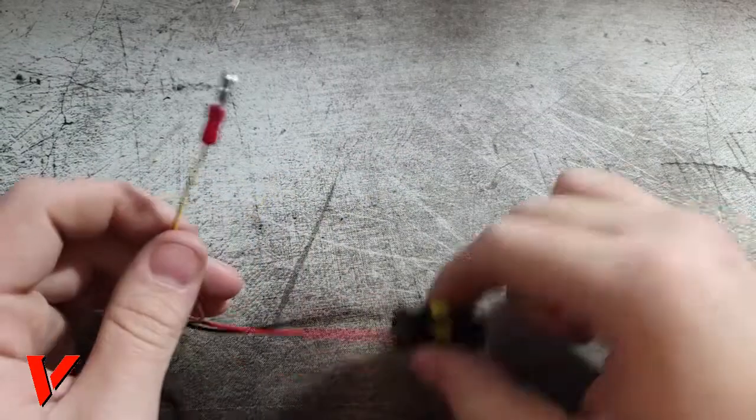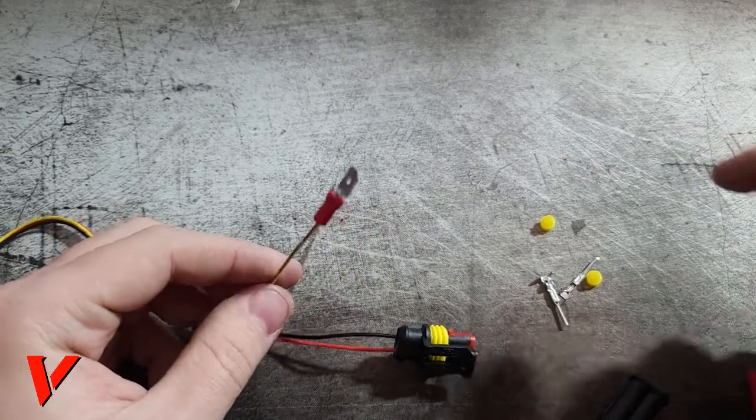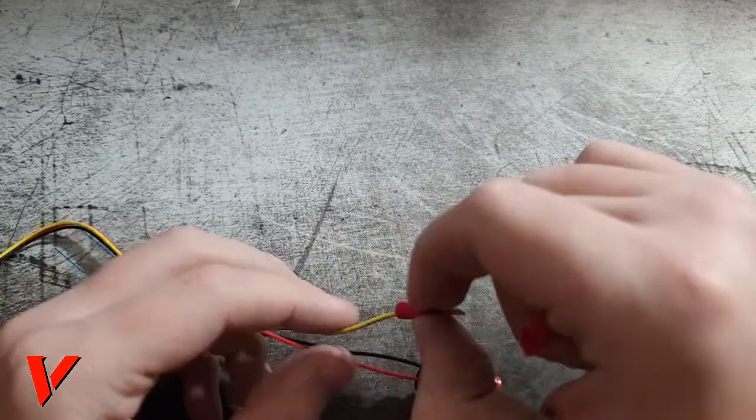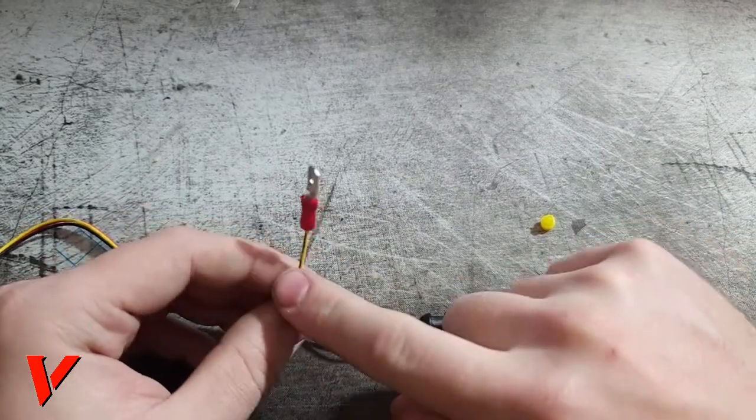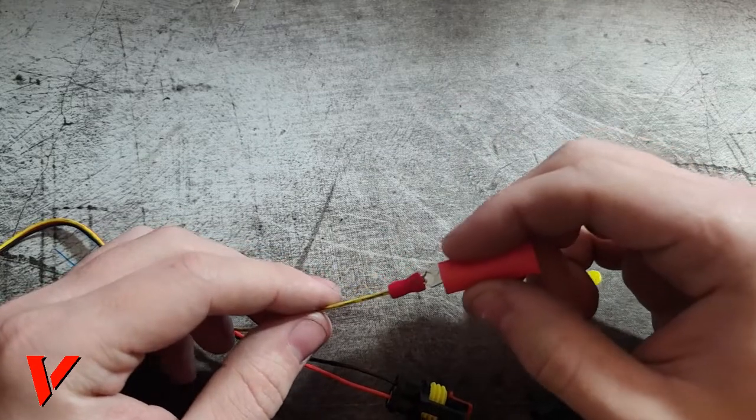Okay, guys, I just got this installed right here. It was pretty easy, super simple. And I also crimped this connection on right here. This is for orange light. This is for a blinker. So what I'm gonna do is put this through like this